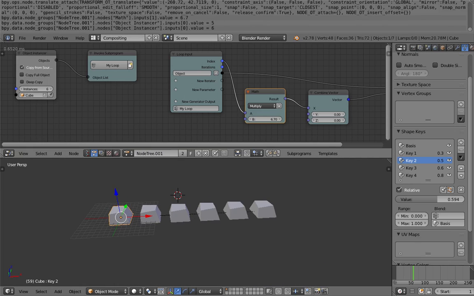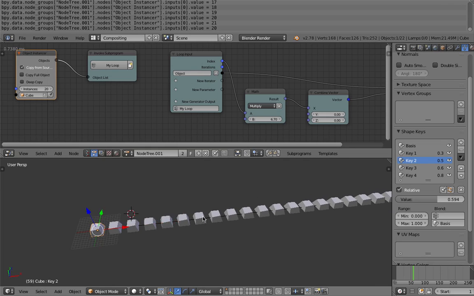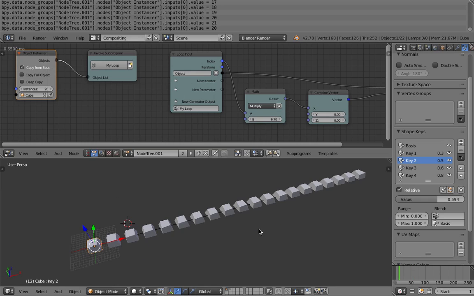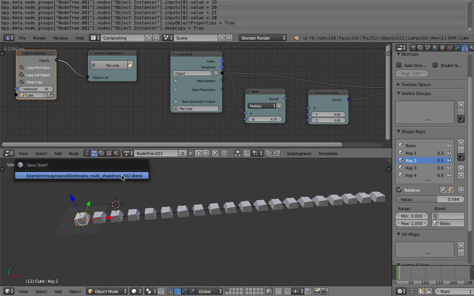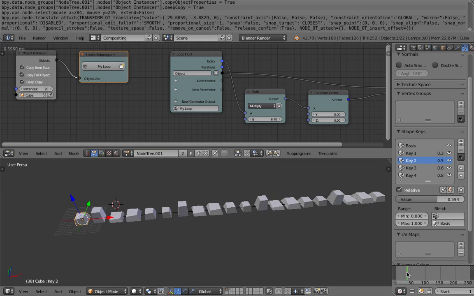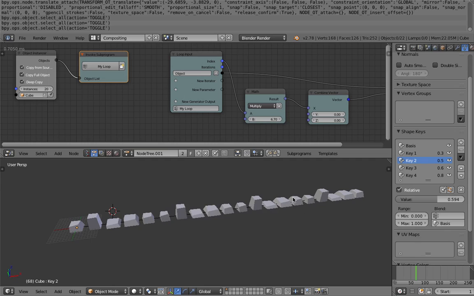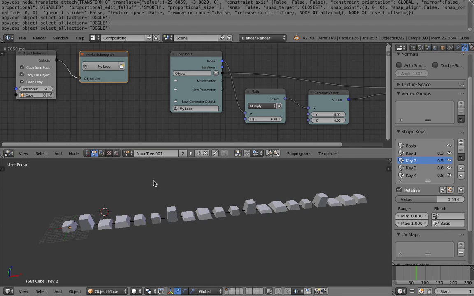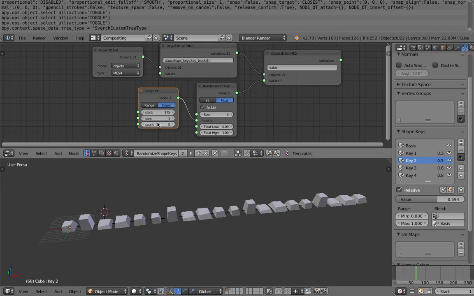Okay, now how many do we want to have? Maybe 20 for now. They're all still having the same shape keys. Maybe we need to have copy full objects and deep copy. And now we can have all these 20 objects with different random shapes based on the shape keys right here. Back to Sverchok, because we have 20 now, we have to specify 20